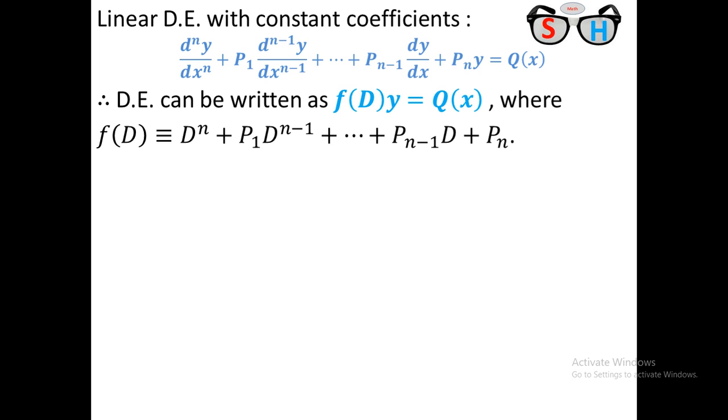All of you know about the linear differential equation with constant coefficient. This is the general form of a linear differential equation with constant coefficient of order n. Here I take the independent variable x and dependent variable y, and derivatives of y at most nth order. Therefore, this is the general form of a linear differential equation with constant coefficient. Here the coefficients p1, p2, etc. are constant, but q(x) is a function of x or it may be a constant. Therefore this equation can be written in the form f(D) y = q(x), where f(D) is the